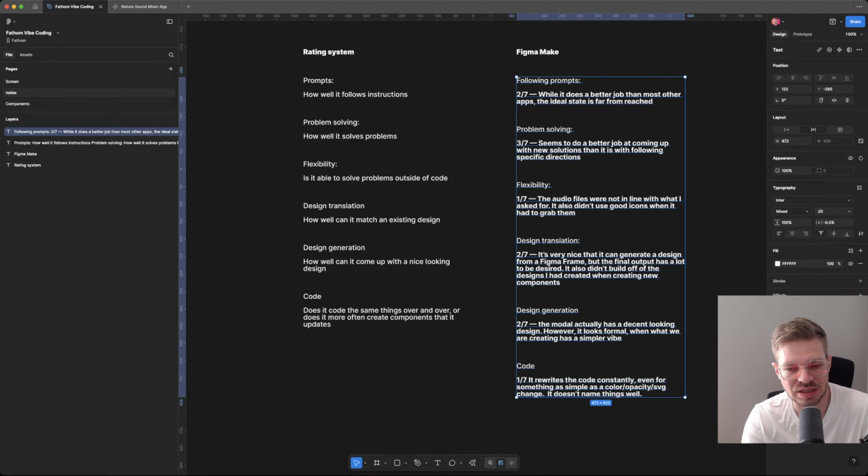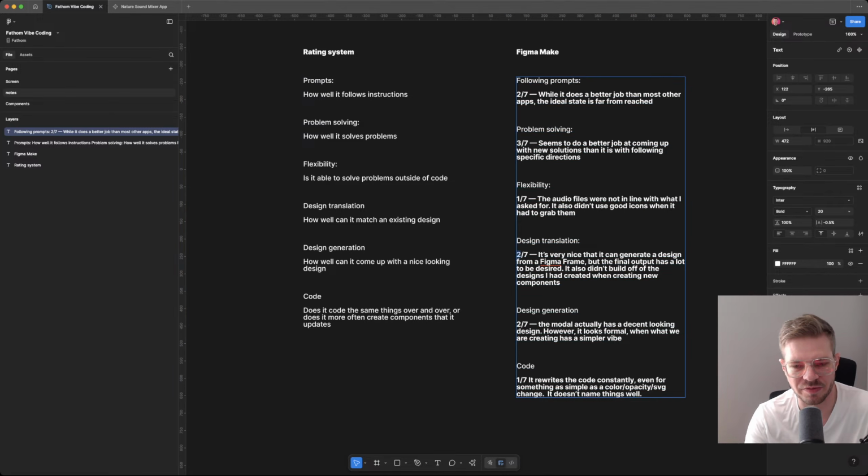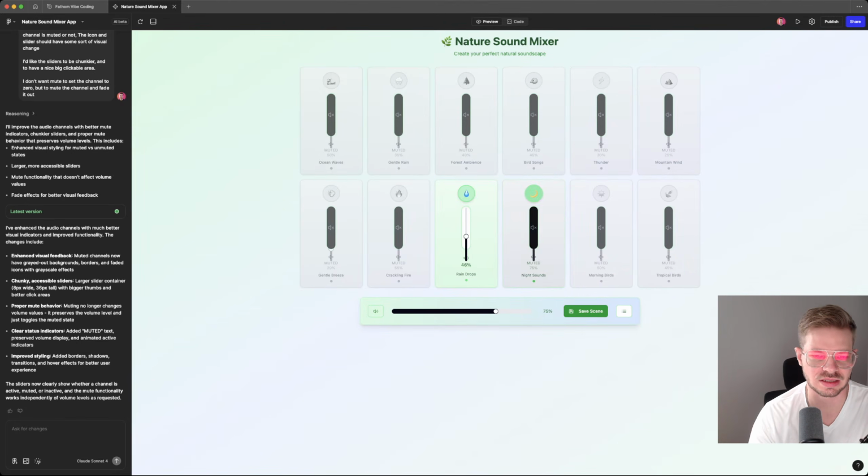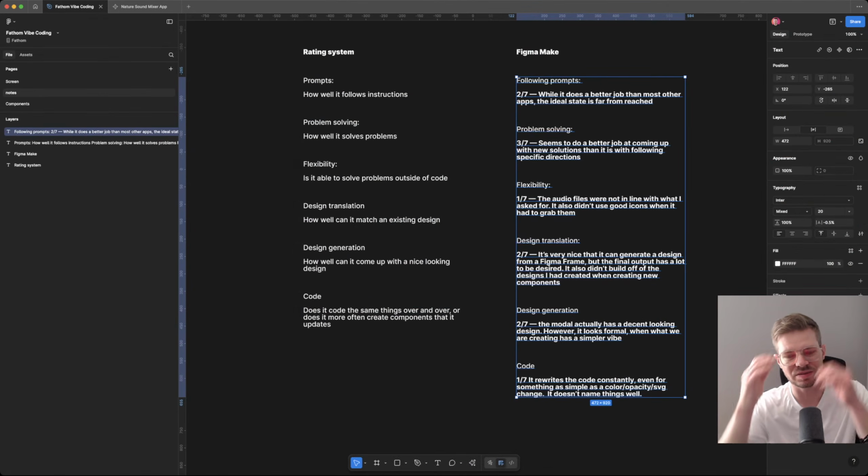The only reason this is getting a 2 is because it can generate it from a Figma frame. That's just so nice. And now, does it even work? Yeah, but I still have all the same frustrations. So I think this is it. Maybe you could get something usable out of this, but